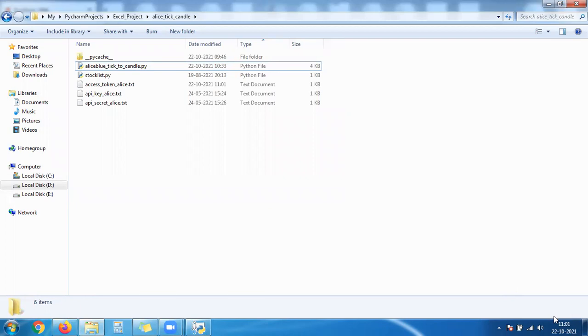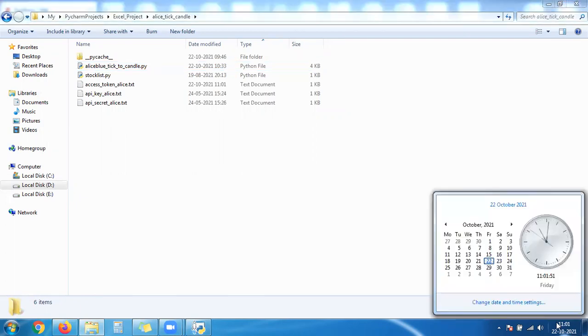Since the time is 11:01, I'll pause the video until 11:10. For these 9 minutes we'll be getting data continuously. At 11:10 it will generate the CSV files. First, I will resume the video at 11:05 to show you how the CSV files are getting generated, but I'll not open them at 11:05.